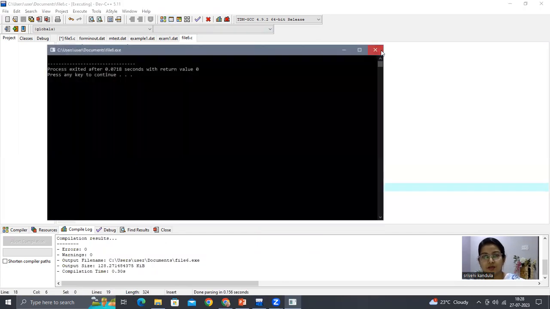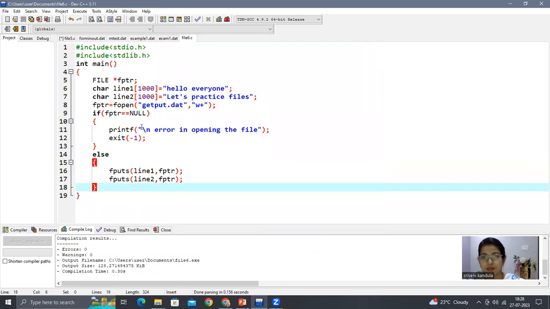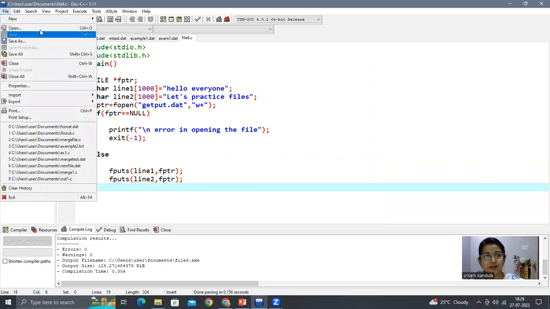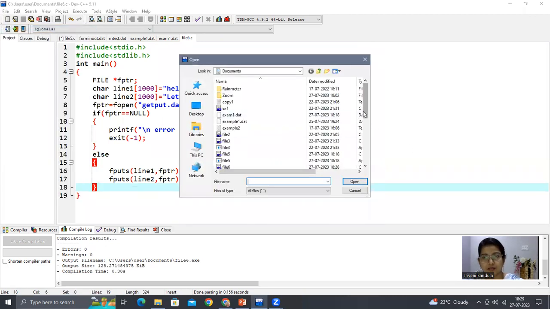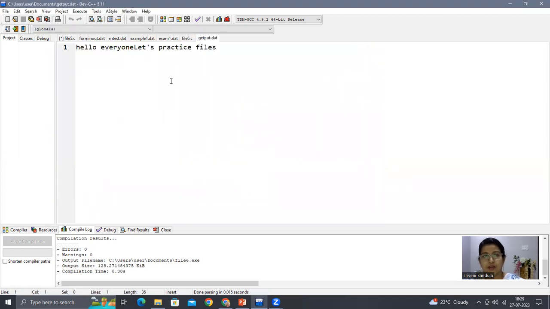Okay, so we have not, that means our file is opened successfully. So let's see whether these contents have been copied to our file or not. What is the name of our file? It is getput.dat, right? So let's open that. Yeah, here we have. Okay, so here you can see hello everyone, the first string followed by the second string